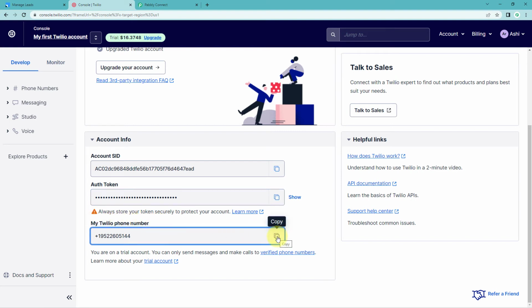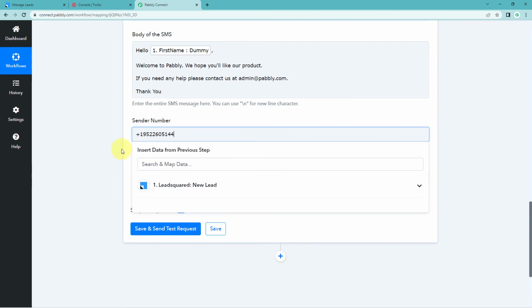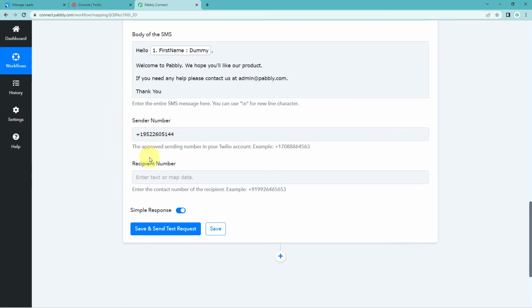So this is our sender's number. Just copy it, get back to Pabbly Connect and paste it over here. And we have pasted the sender number. Then at last, we have to enter the recipient mobile number as well, to whom we want to send the